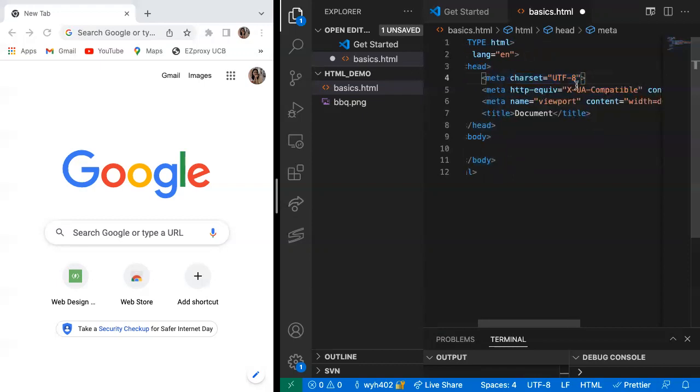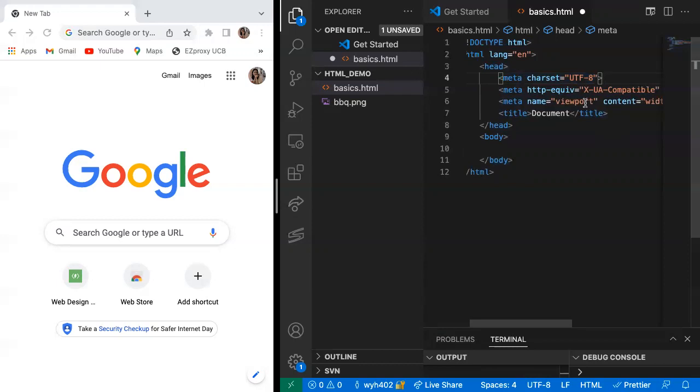And that's all you have to know for now. And this title tag here is how to set the title of your web page. So any text that goes inside here becomes the title of your website. So for example, if I just type in, this is the title, between the opening and closing title tags,